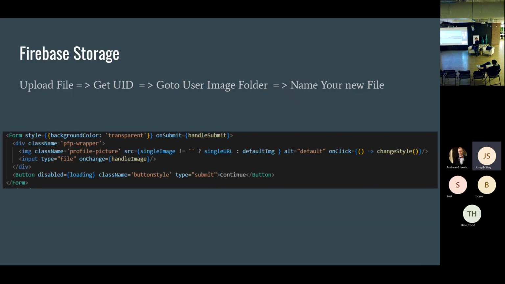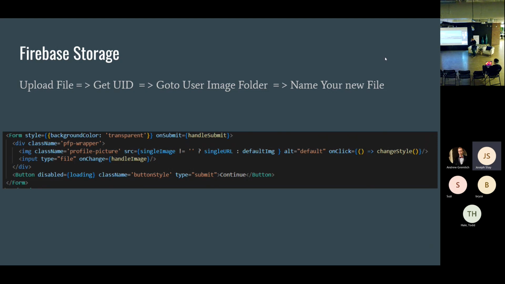Then the final thing that I really want to talk about with this is the Firebase storage. The storage was something that we used. Once again, I'm not sure if I would use it past a personal project. You totally could, and it's pretty easy to get to if you have an API.